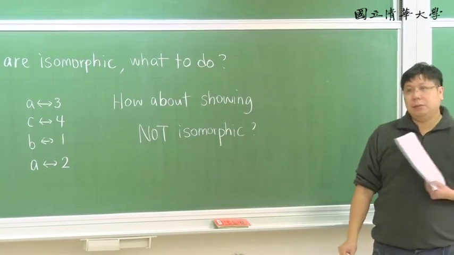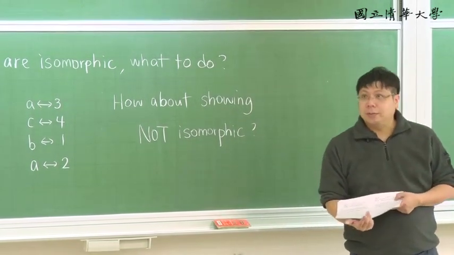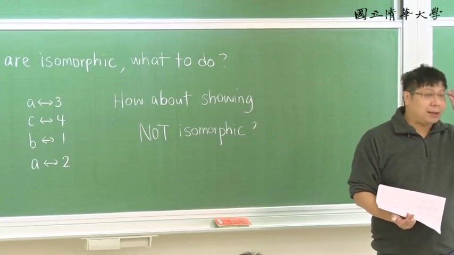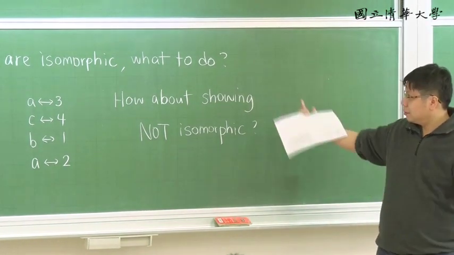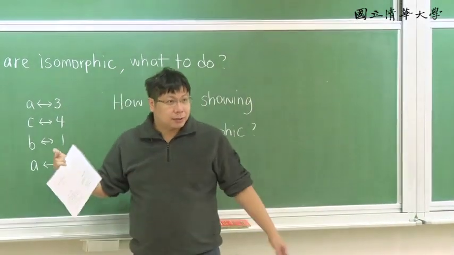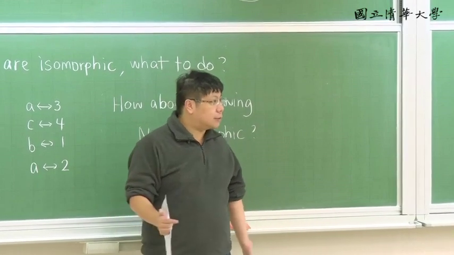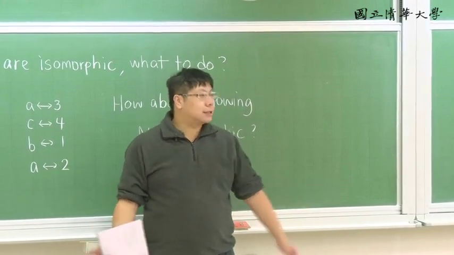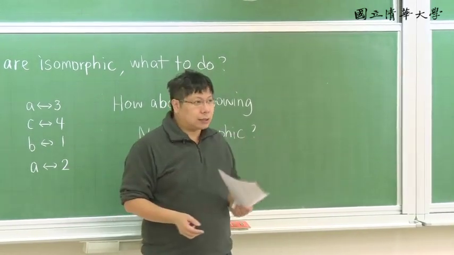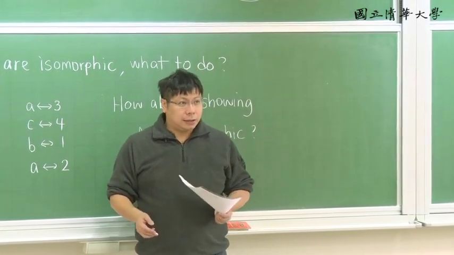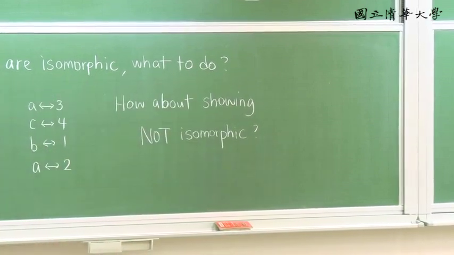One method, of course, the most naive method, is you generate all the possible one-to-one correspondences, and then you argue that none of them is correct. So in that case, it is not isomorphic. But sometimes we can look at the graph properties and then argue that they cannot be isomorphic. So for instance,